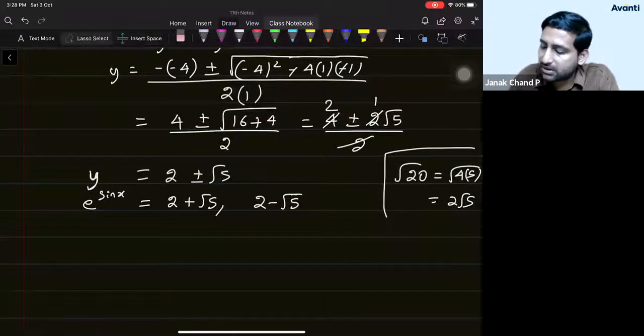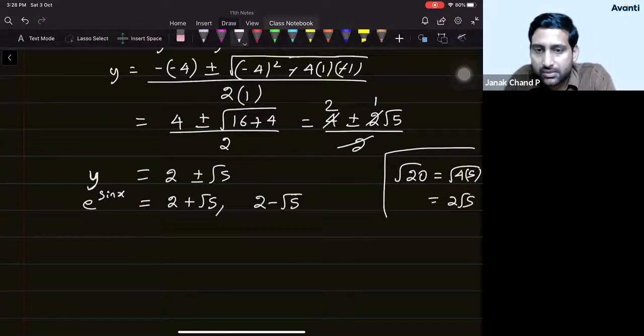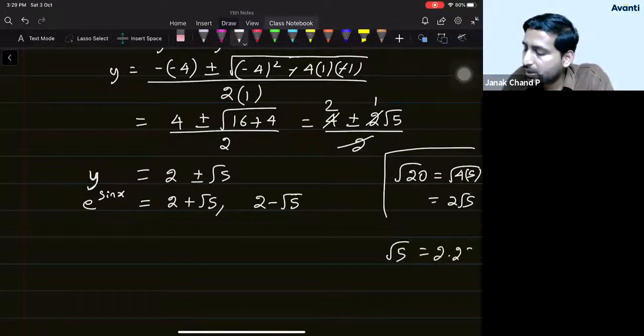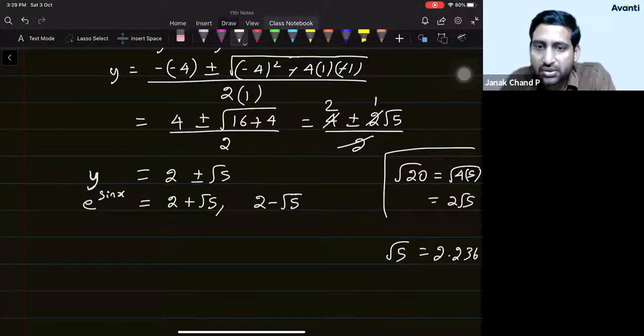Look at this very question carefully. So now if you just look at this carefully, you should know the approximate value of root of 5. What is the approximate value of root of 5? Yes, do you know? It is roughly 2.236. Okay, you're supposed to know. I have asked you to remember this in the initial classes. Square roots at least up to 10 is a must. As you can see here, it is required in the actual JEE Mains question. Fine. If you roughly remember that square root of 5 is roughly 2.236,